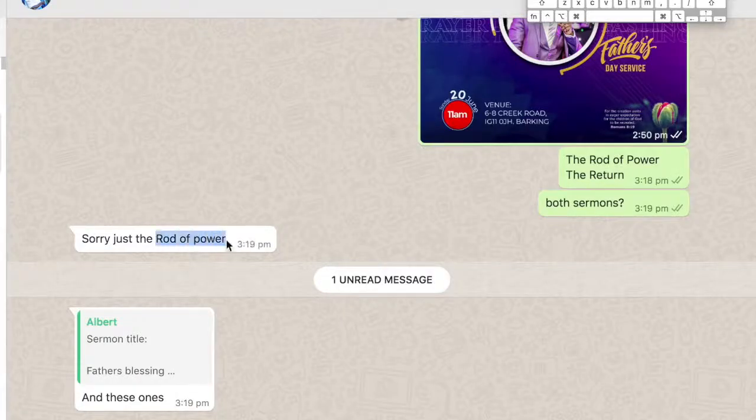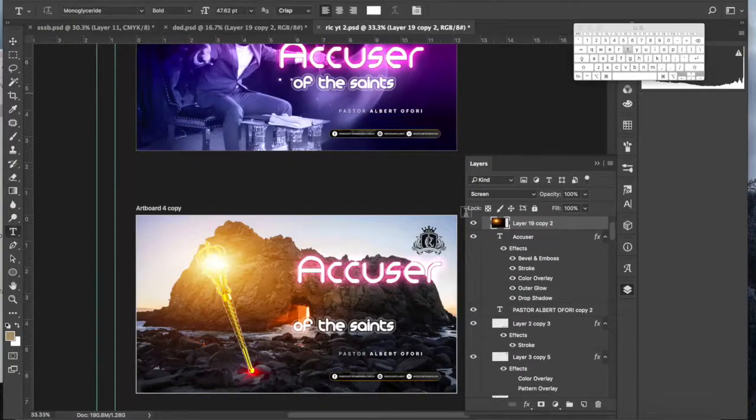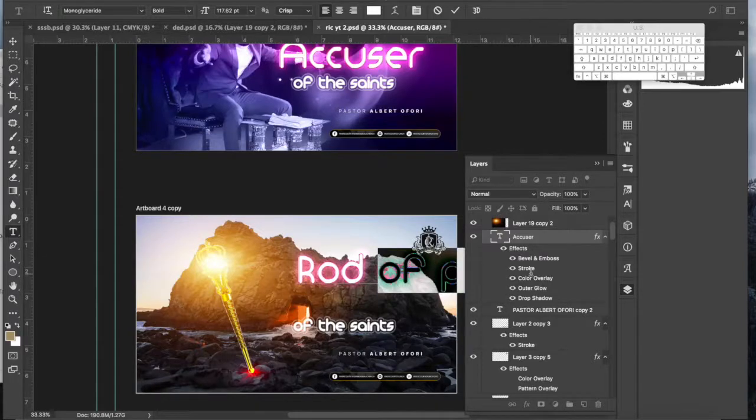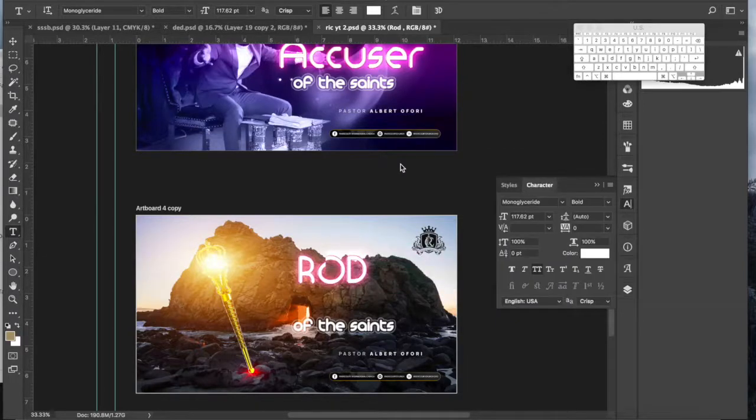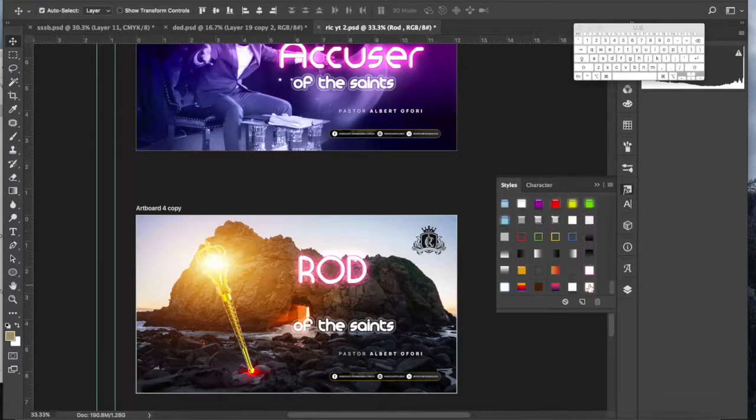I'll head over to the title, pick it up, and right at this point I'm looking at putting the rod, first I'm going to separate it, put the rod in the middle as in the staff, and align it in such a way that we have the O in the middle, and having the rod run through the O, the middle of the O, in such a way that